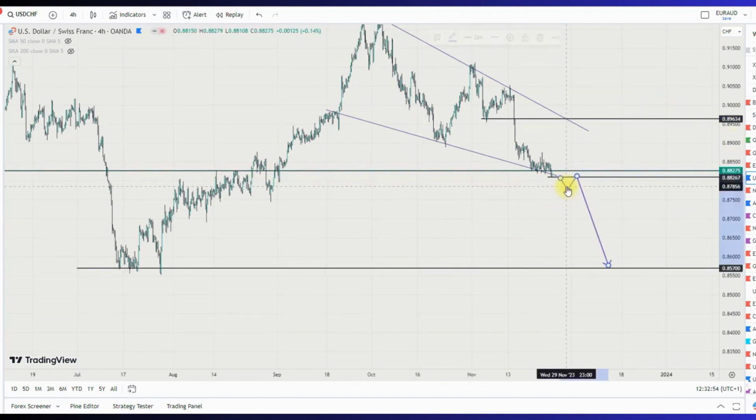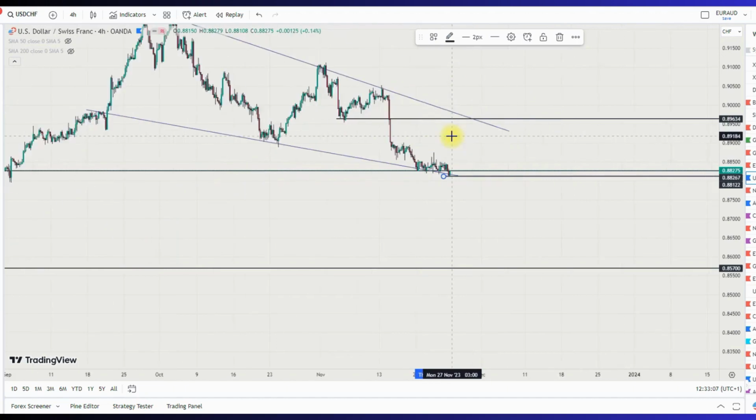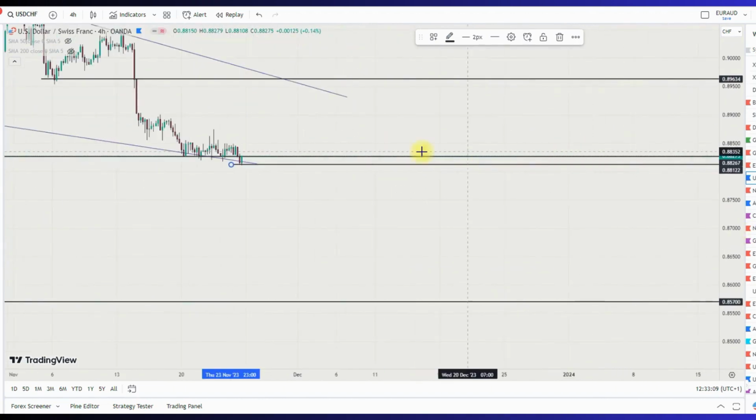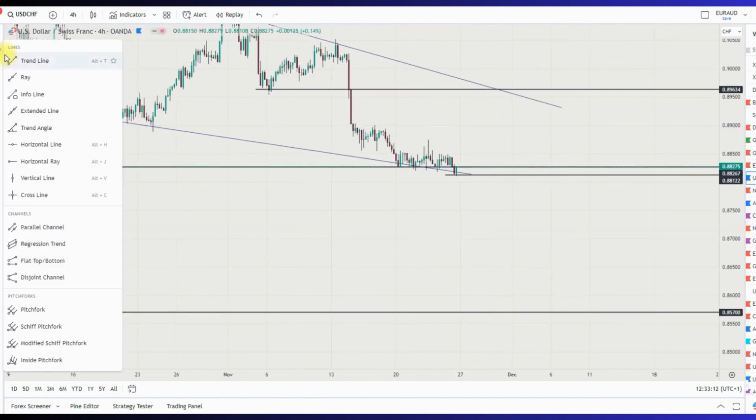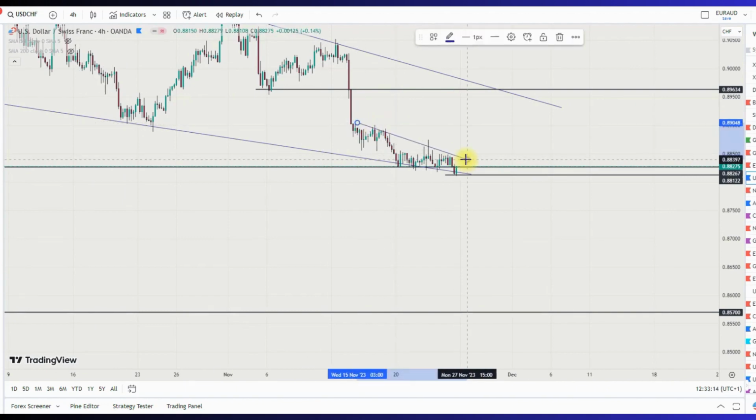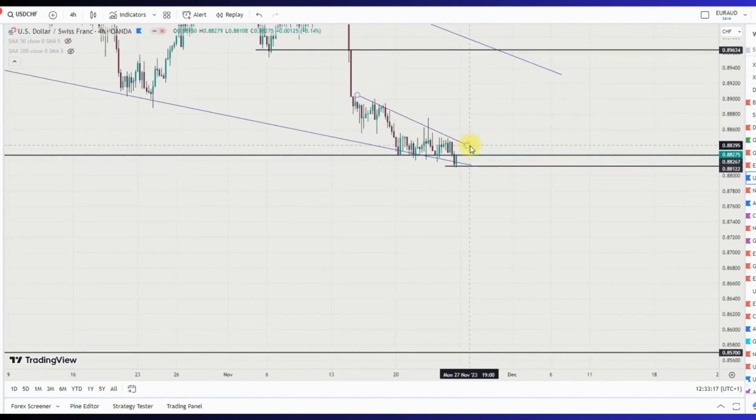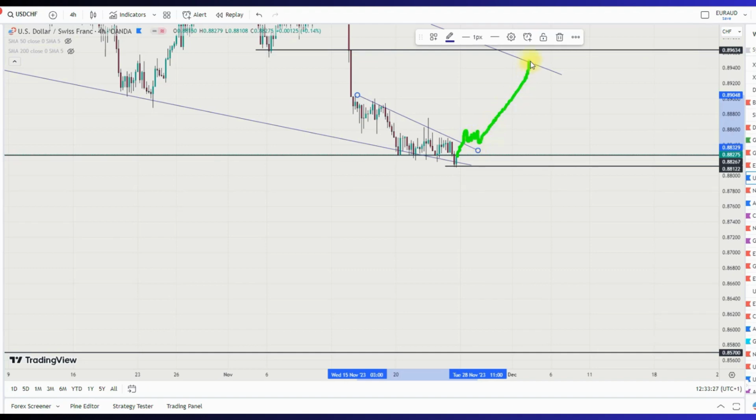So watch how price reacts to 0.88267. You need to watch how price reacts to this level before you make your decision on this. Another thing you can do here is use a level here. If price breaks through this level, then you are safe. Like if price breaks through this level and probably creates a retest, then you are safe to buy and take your profit at